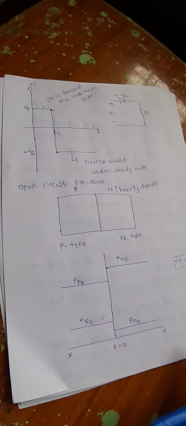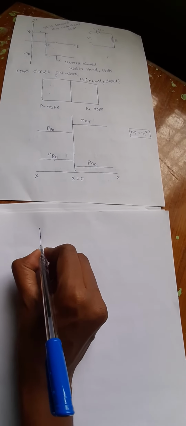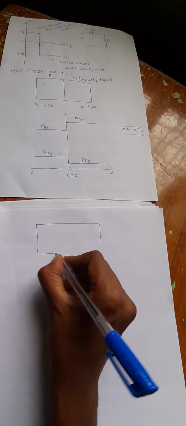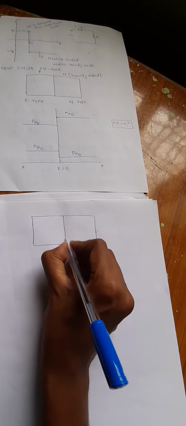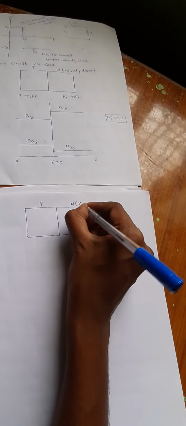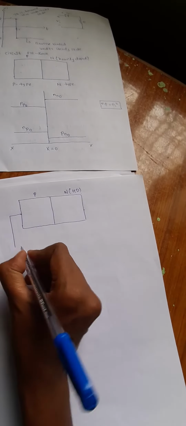After knowing this, we are now going to the diode under forward bias, and how the minority charge carriers will be affected. I put it above this one so you can understand easily. Considering the diode under forward bias, here we are considering a PN diode. N is heavily doped and P is lightly doped. I am giving this forward bias.